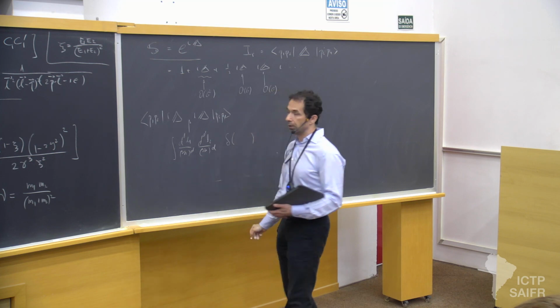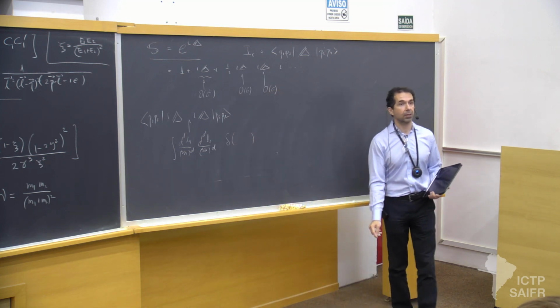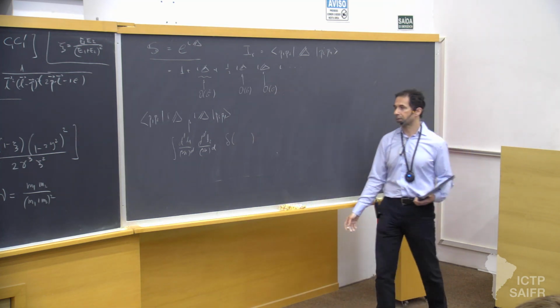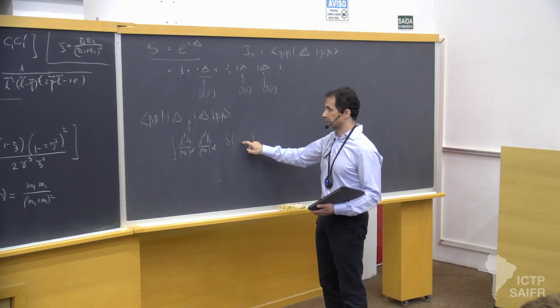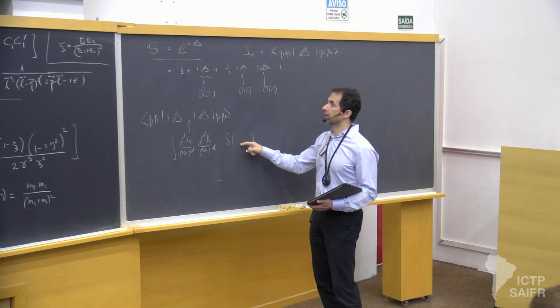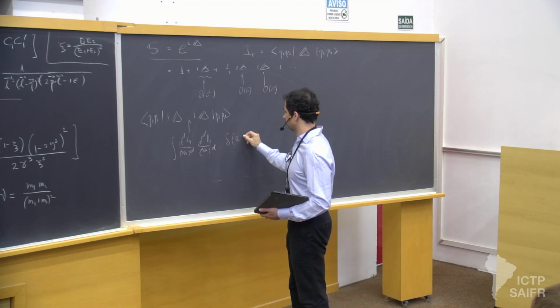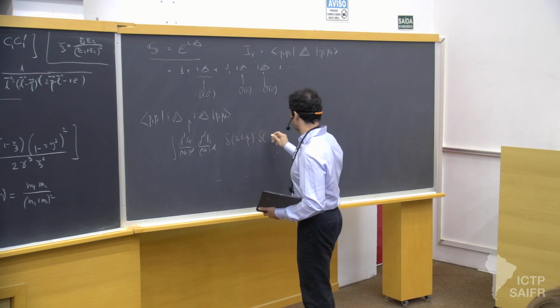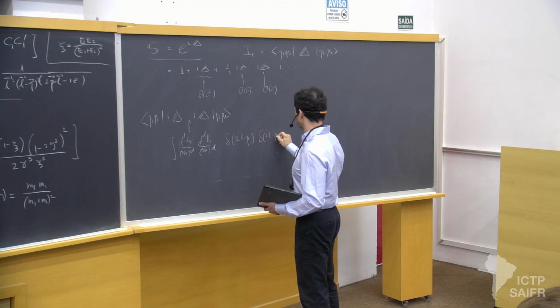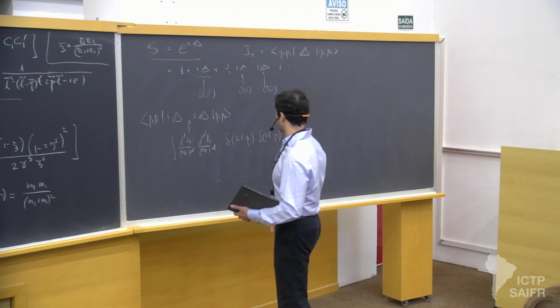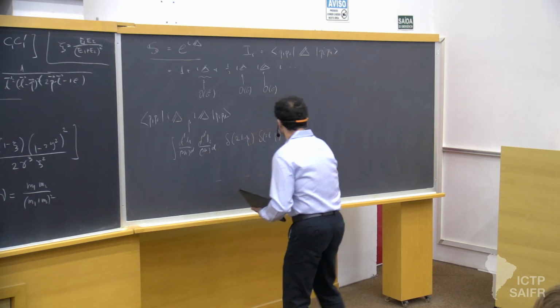Nominally, they should be p squared plus m squared, or minus m squared, depending on your conventions, because that's the on-shell condition. But as an expansion in Q and to classical order, it's the same as delta of 2L dot P1 and delta of 2L dot P2. And then there is, of course,